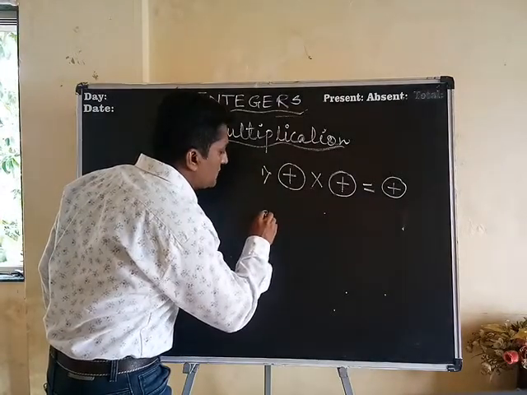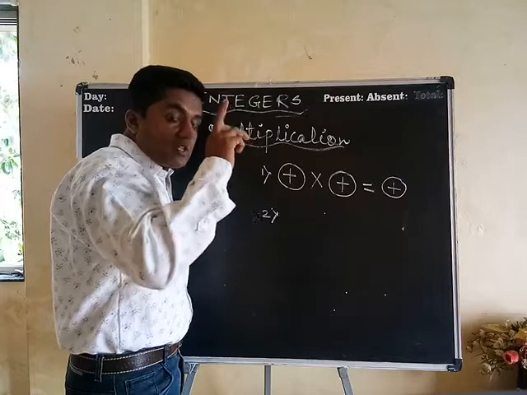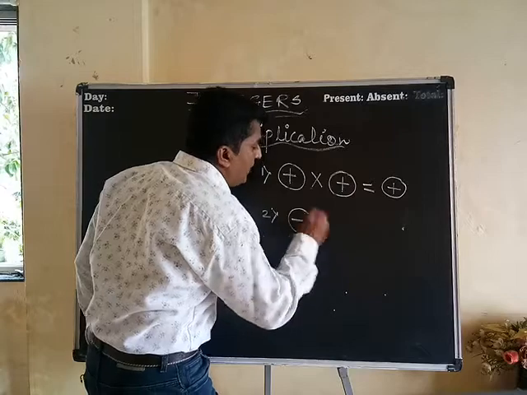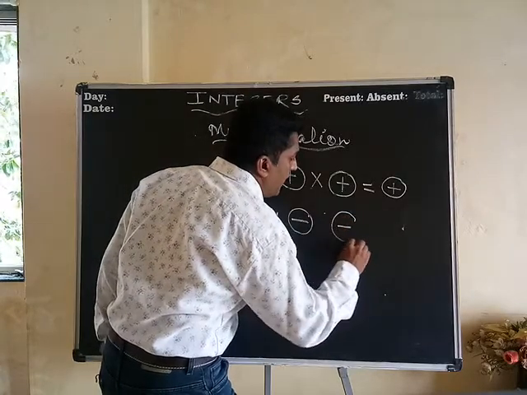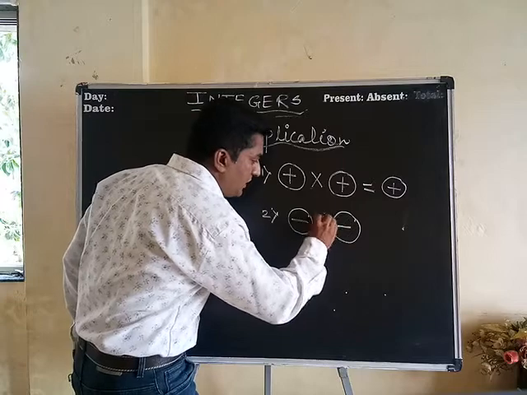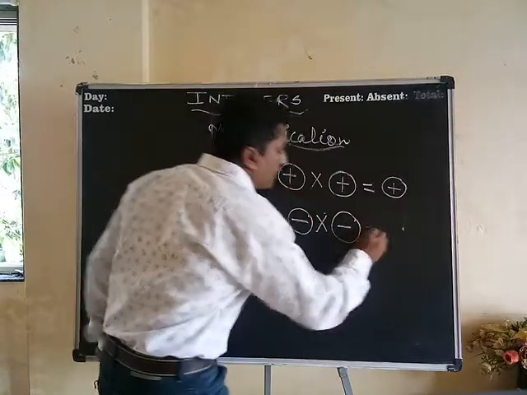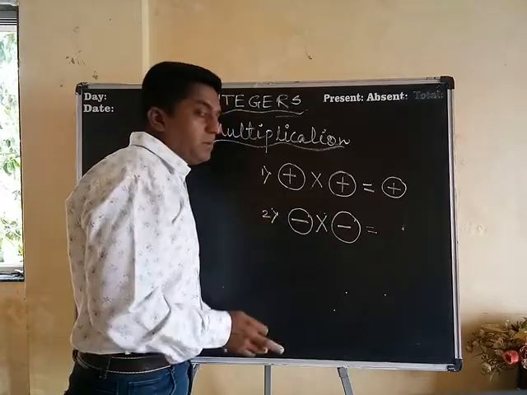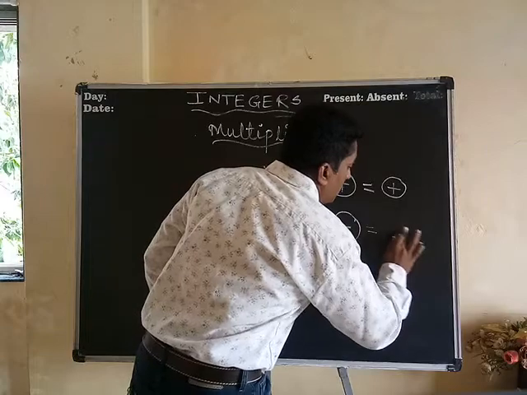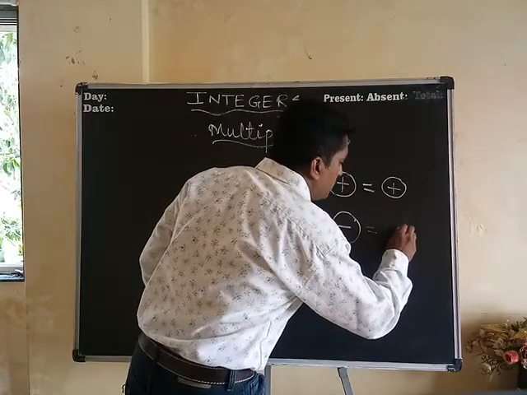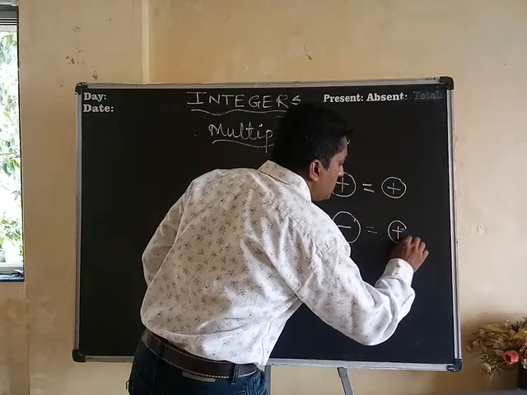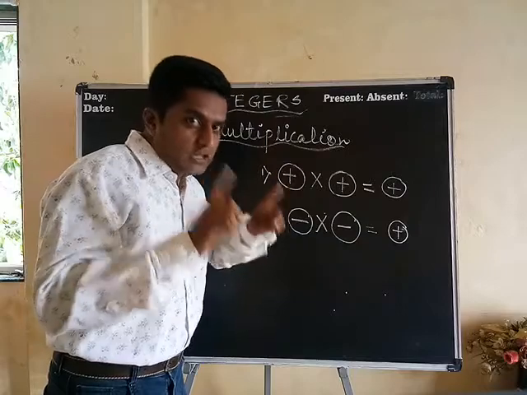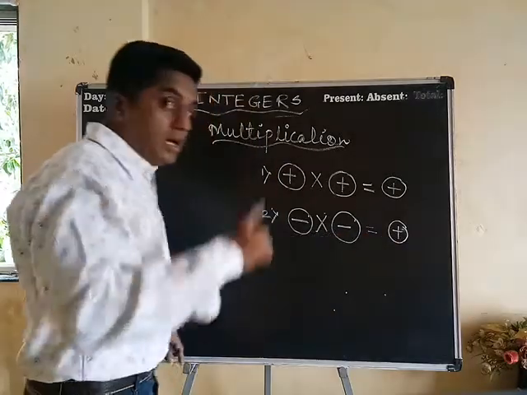Your rule number 2 says that if two numbers have the same sign, which sign? This time we have two negative signs. If these two are to be multiplied, if two numbers have the same negative signs, multiply them, and after multiplying, to the answer don't give a negative sign. You have to give a positive sign here. This is the change here. See, two negative numbers when multiplied, multiply them and to the answer give a positive sign. Let us go on to the third rule.